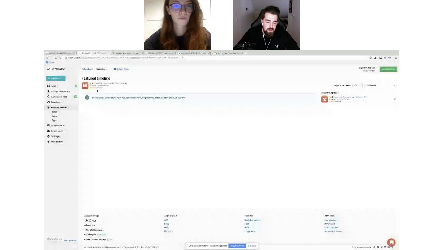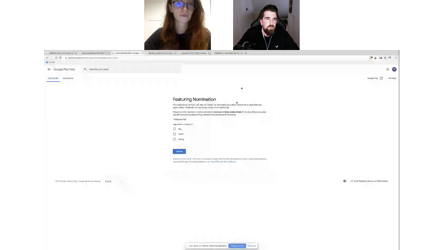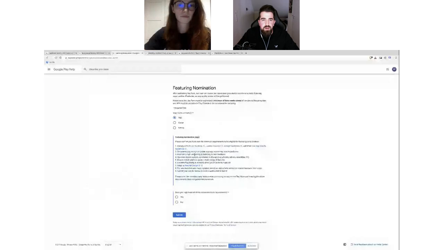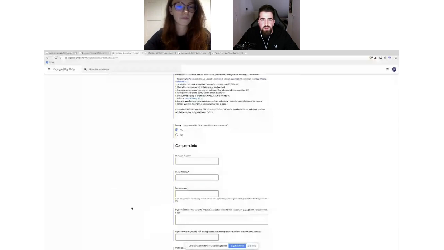The feature contact form on Apple is maybe a little more public than the one on Google. But Google also has something called featuring nomination. I will post the link into the chat after this. You can just fill out this form, saying I have an app matching the guidelines, the material ones, and also the policy practices and all that kind of stuff.